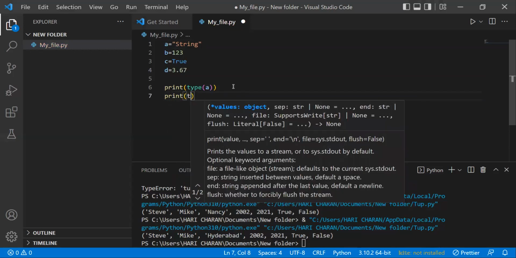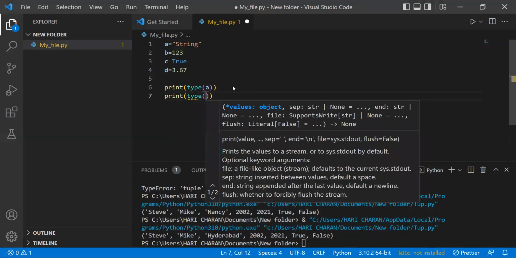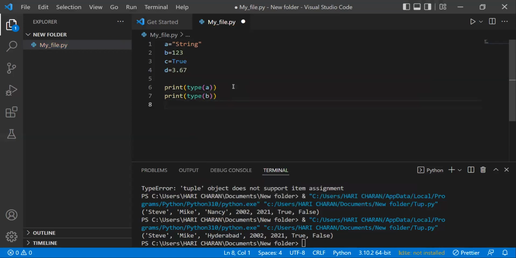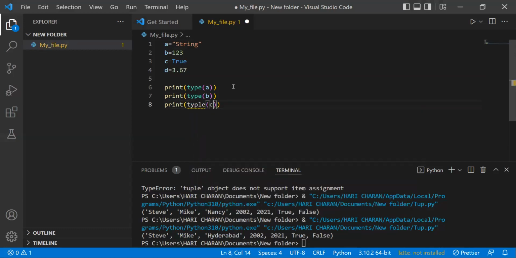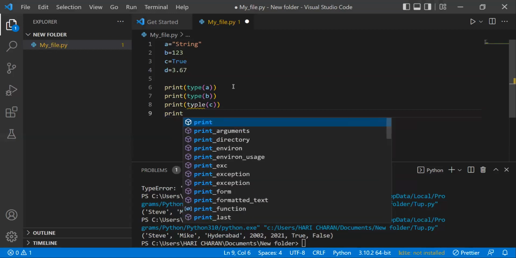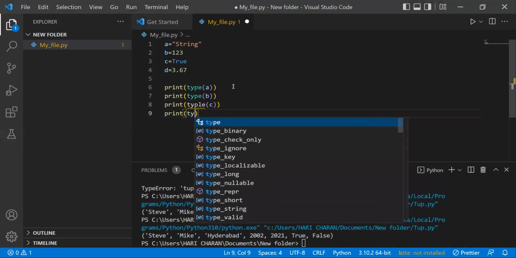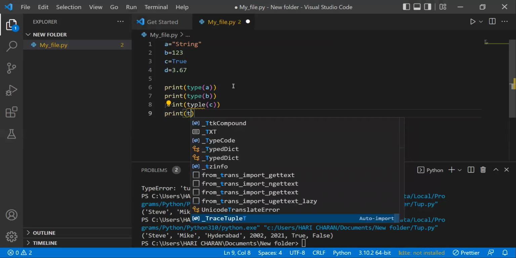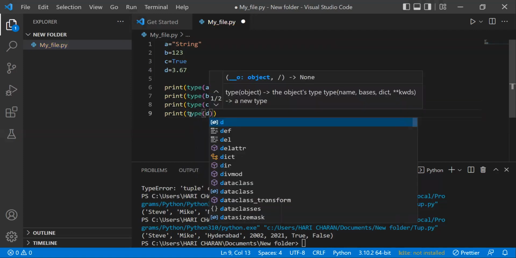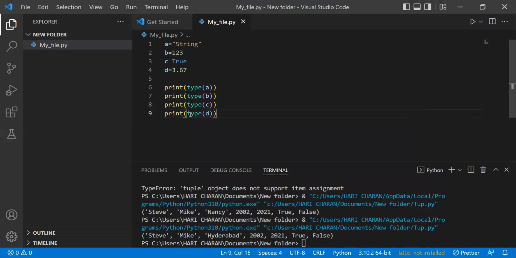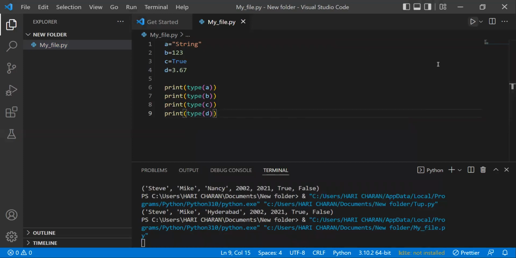I would like to know b also, and next c, next d. Oh, there is an error here. It's type d. Okay. If we save it and run, we'll get